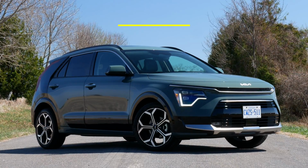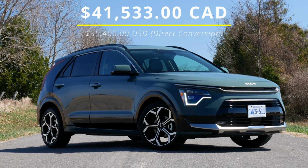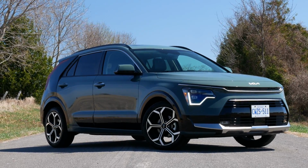if we want to throw something wrong out here, what's the price, Jesse? $41,533. Exactly. So that's a lot of money. That's a lot of money for a subcompact SUV, and you're getting up there, especially once we compare. Let's say this is your only car. You buy this as your only car. For $4,500 more, you get a fully optioned Sportage hybrid, or a Tucson hybrid, or a RAV4 hybrid, which offer